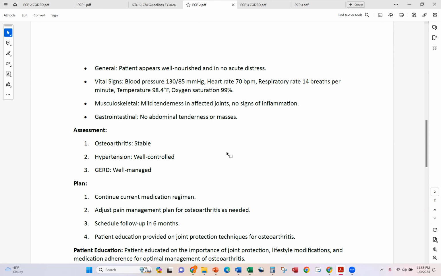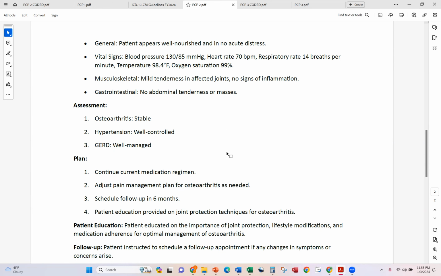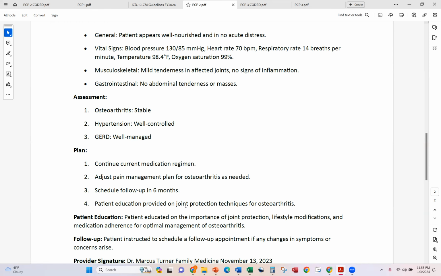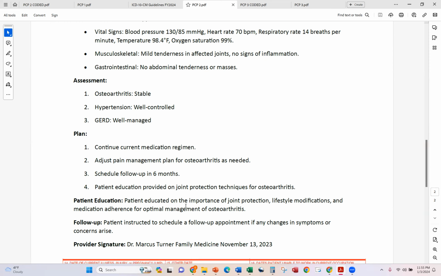And the plan is to continue current medications, adjust pain management for osteoarthritis as needed, schedule follow-up in 6 months, and patient education was provided on joint protection techniques for osteoarthritis, general patient education on the importance of joint protection, lifestyle modifications, and medication adherence for optimal management of her osteoarthritis.